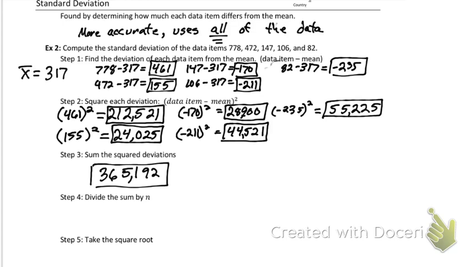All right, so when I squared them all, I got 212,521. 155 squared is 24,025. Negative 170 squared is 28,900. Negative 211 squared is 44,521. Negative 235 squared is 55,225. And when I added all of those values up, you should have come up with